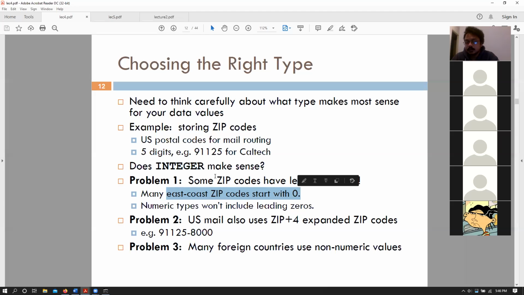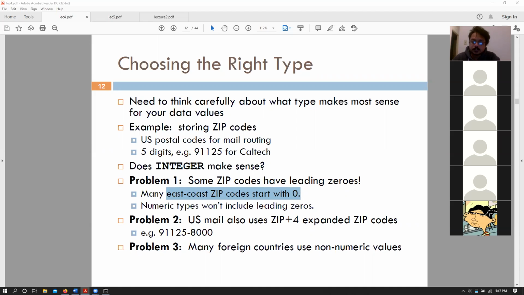So if it's an integer, and we have this particular zip code 00095, in an integer that actually gets translated to 95, right? So essentially we want to use characters to store our zip codes. And for US zip codes, we would have CHAR(5) as our data type, because we know that it's a fixed size set of characters that is applicable to all our tuples.